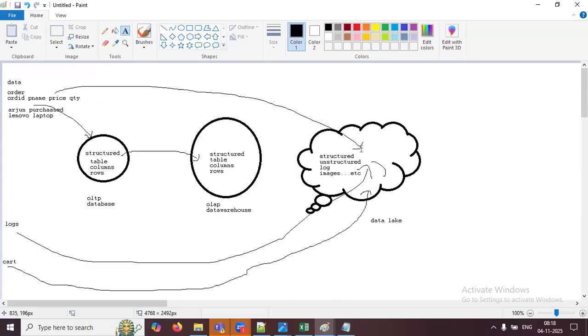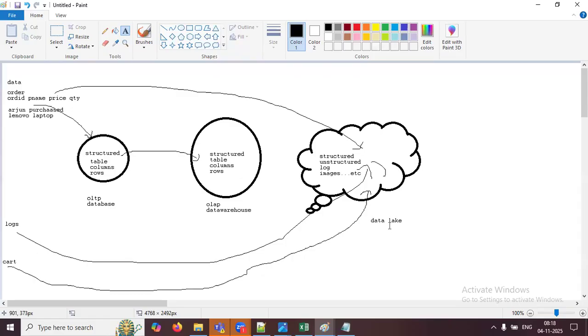You are having data. That is sensor data, that is structured data, that is unstructured data. Don't worry, please come and dump it here. That is which one? Lake. A lot of data you can keep. This data lake concept came where you can store whatever data, structured and unstructured.